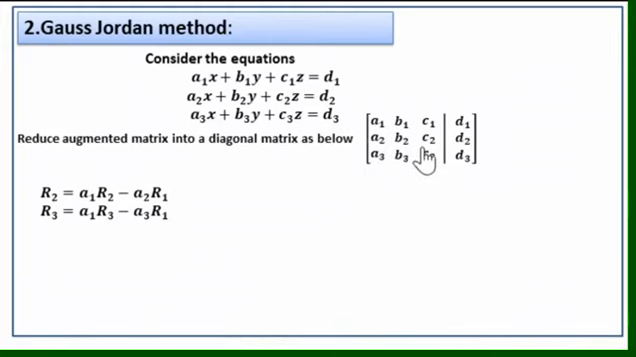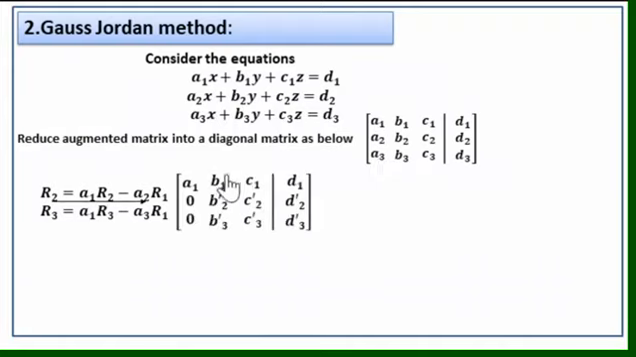So the row operation will be R2 equal to A1 R2 minus A2 R1. If we apply the operation R2 equal to A1 R2 minus A2 R1, it gives A1 A2 minus A2 A1, which is 0. Similarly, R3 equal to A1 R3 minus A3 R1. So we have A1 A3 minus A3 A1, 0. So no changes in the first row, and we get 0 in these two places,